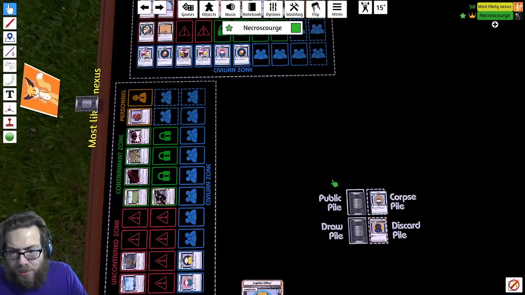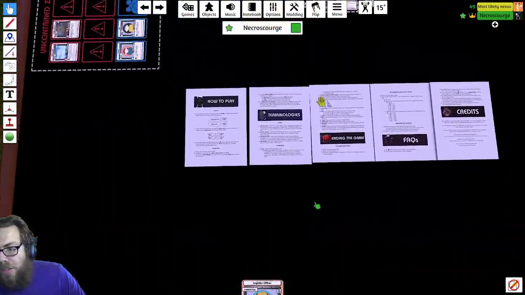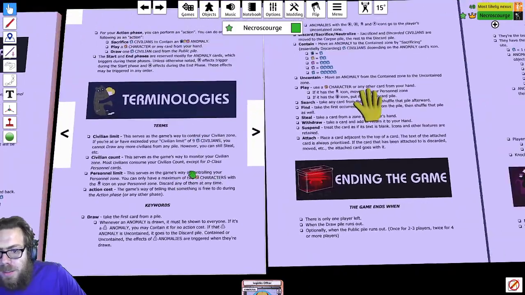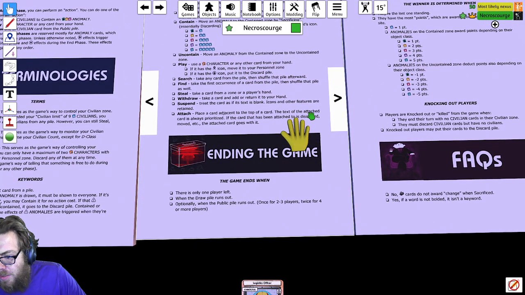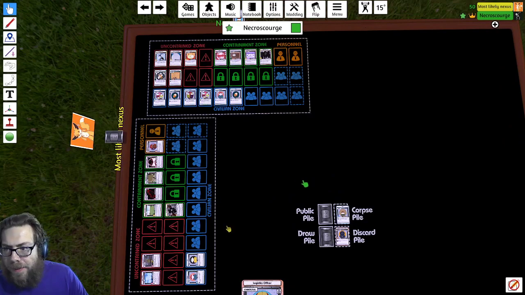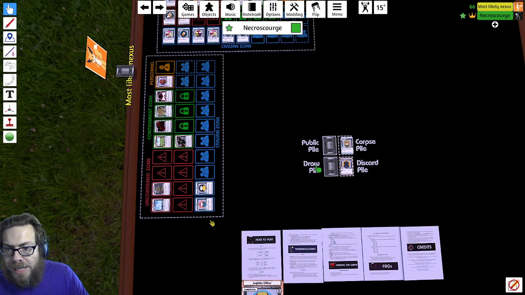Okay. I'm going to use my action to... Oh, we're running out of civilian cards. I'm pretty sure the game ends when we run out of civilian cards. Hold on. 1, 2, 3 players. The game ends when the public pile runs out. Yeah. Okay. All right. Then we're actually very close to milling the Eckhart deck. So,